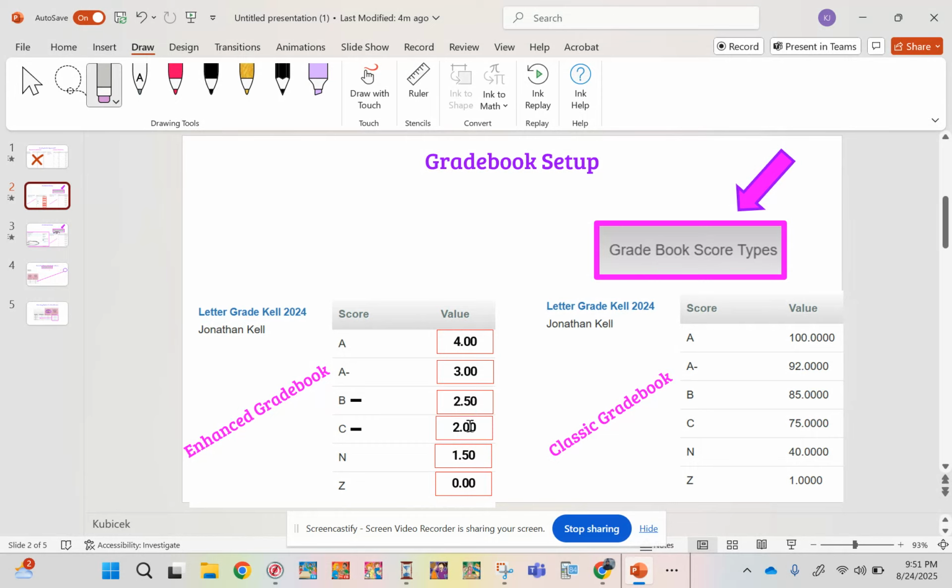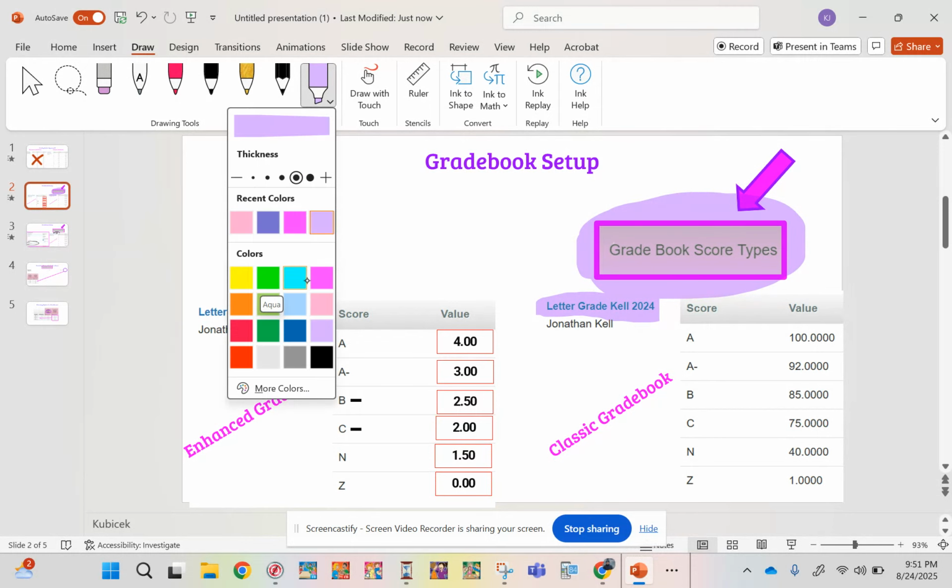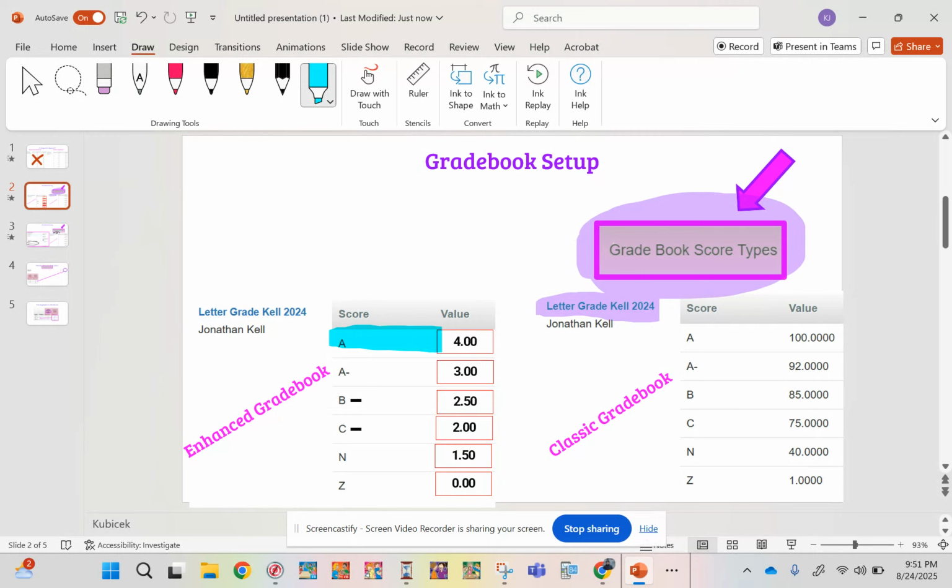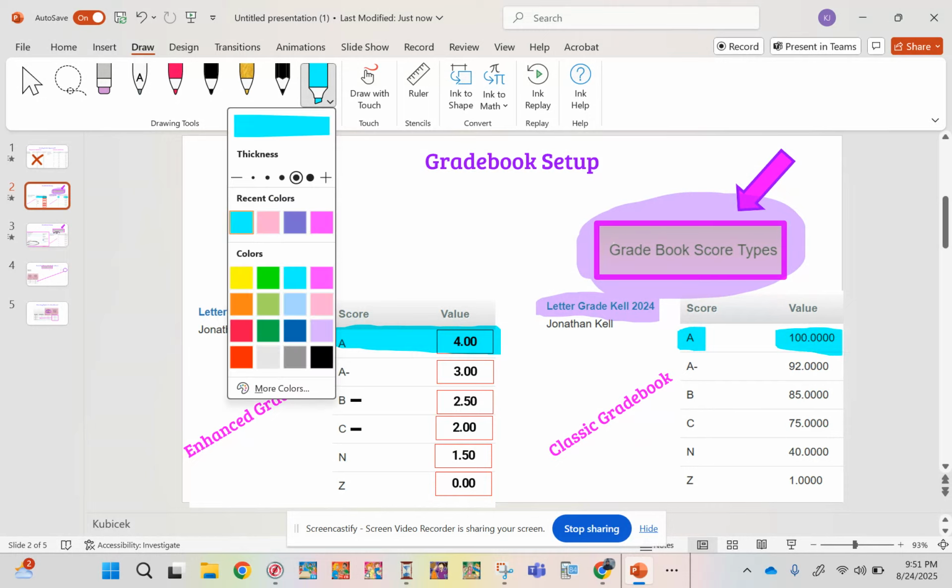Well, now that we don't have access to that 4.0 scale in the classic gradebook, how can we manipulate it? Well, our collaborative team came up with and created in gradebook setups in your gradebook a topic called letter grade. And we just named it, and I'll show that later. And we used letters instead of the 4.0 scale. So for example, instead of giving a 4 in the past, we created in the gradebook setup types an A value, which stood for 100%. So when we put that A in the gradebook, it actually came out as 100%,